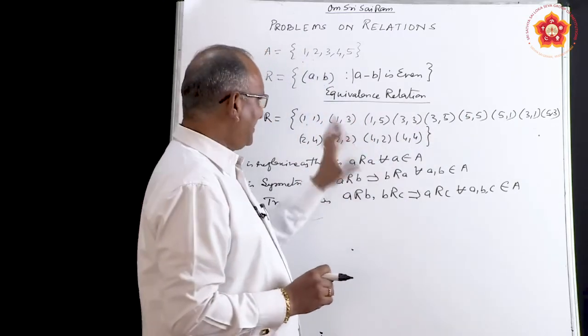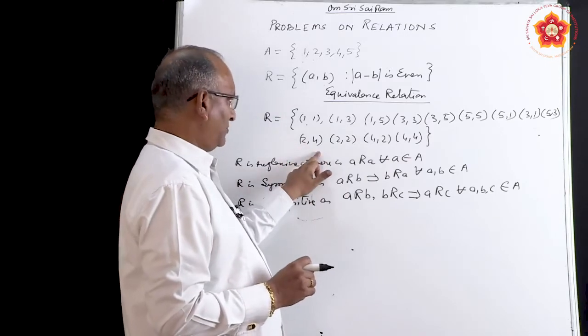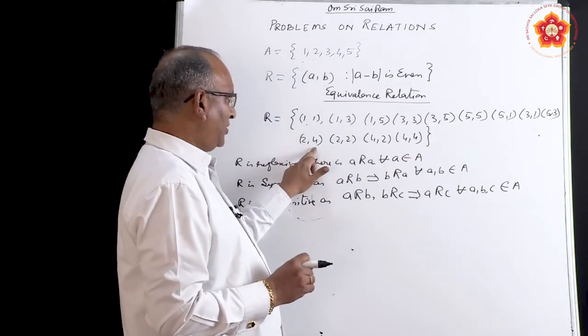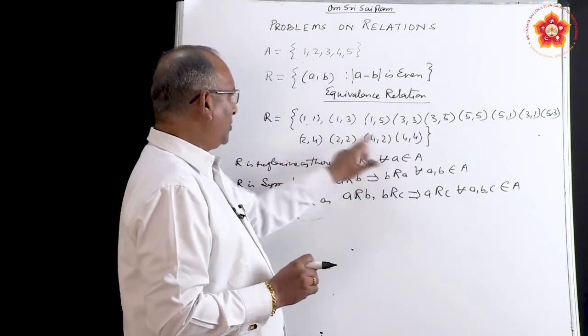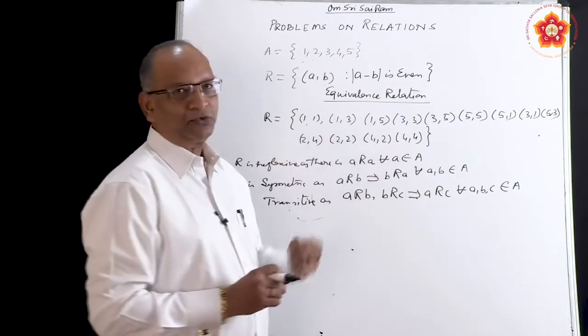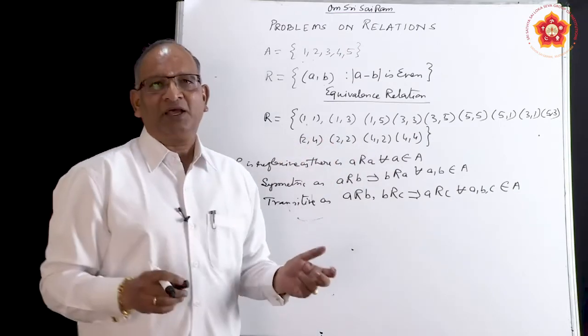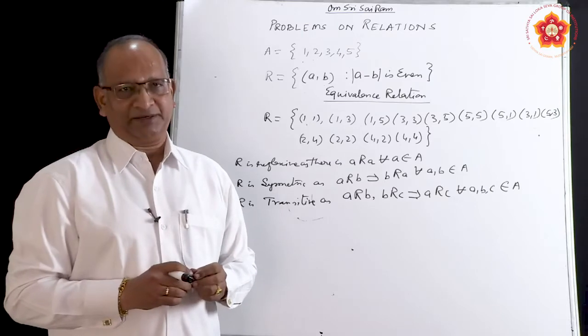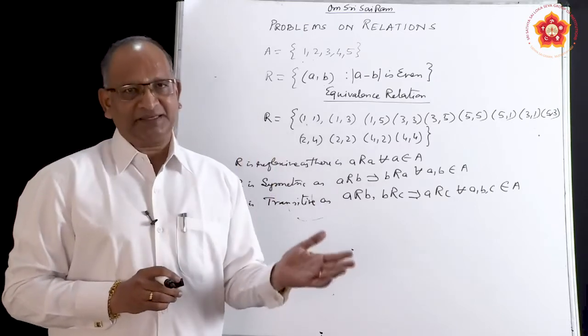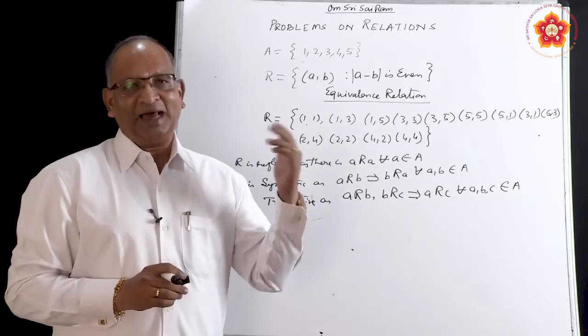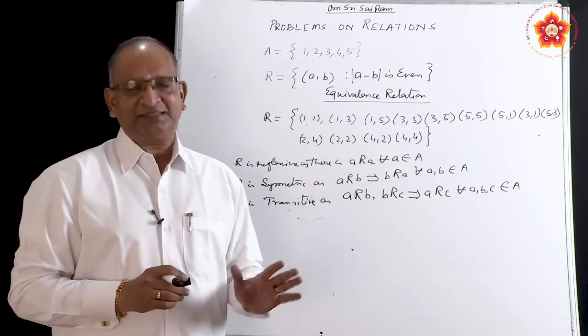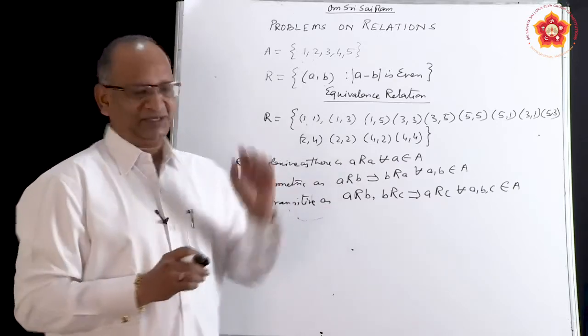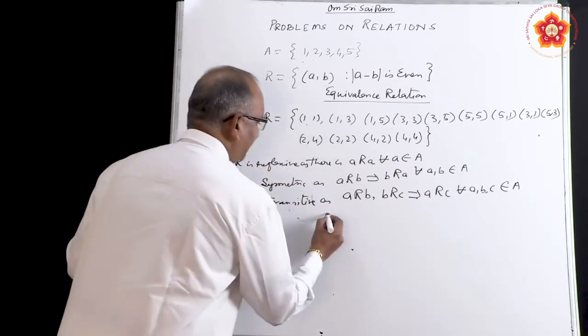Start with anything else. Let us say 2 and 4. 2 is related to 4, and 4 is related to 2. You also have 2 is related to 2. So what do we find? We find that it is also transitive. So R is reflexive, R is symmetric, R is transitive. The conclusion is R is an equivalence relation. Hence,